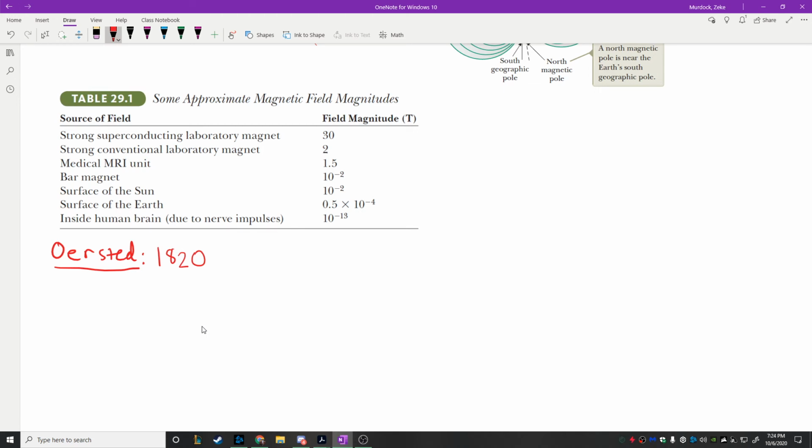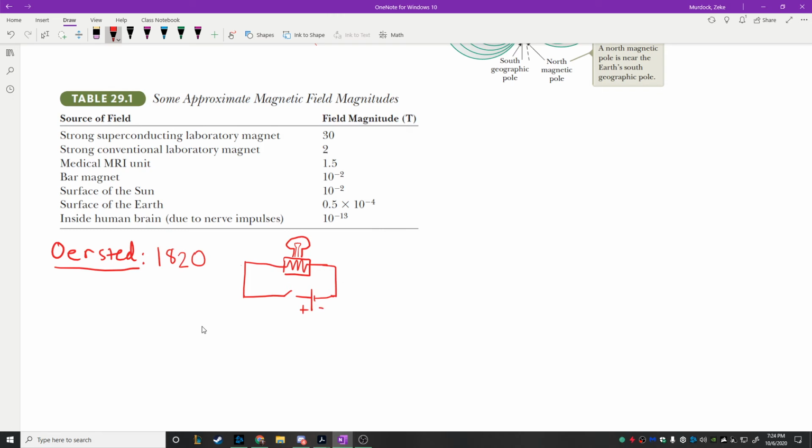Ørsted was in class. He was teaching a class, and supposedly he had this setup where he was doing something really simple. He had a wire, and connected to the wire was a resistor, and maybe some other things as well. Maybe the resistor was actually just a light bulb, because after all, a light bulb is just an example of a resistor. So maybe you've got a light bulb here, let's say, and a switch, and then an EMF source,